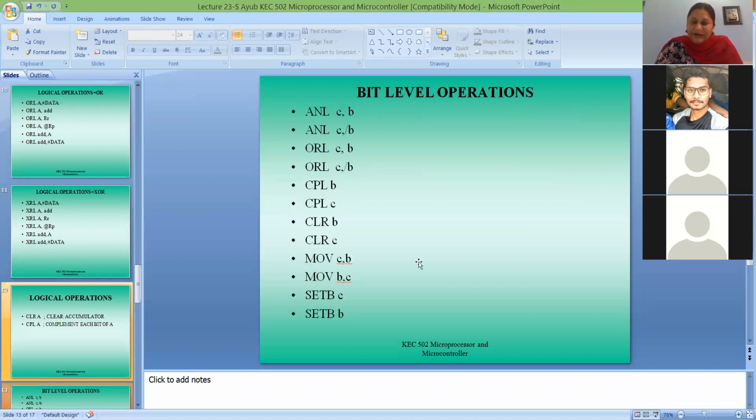Then we'll see some bit level operations. When we saw the internal RAM structure, it has 128 bytes of RAM, out of which the first 32 locations are reserved for registers. Then you have 16 bytes, that is your bit addressable area. From that 16 bytes, how many bits are there?